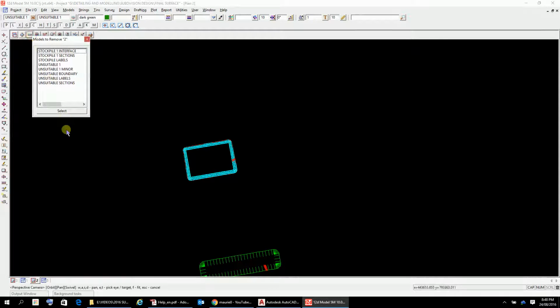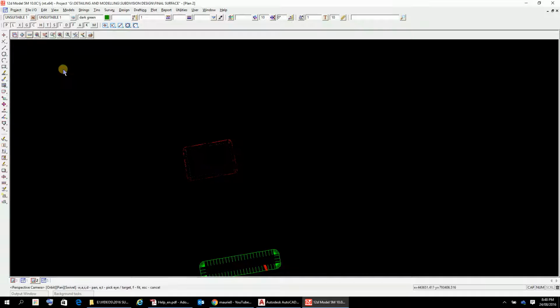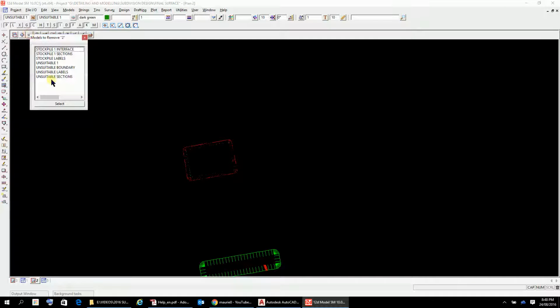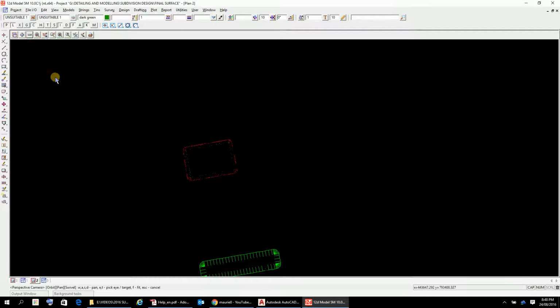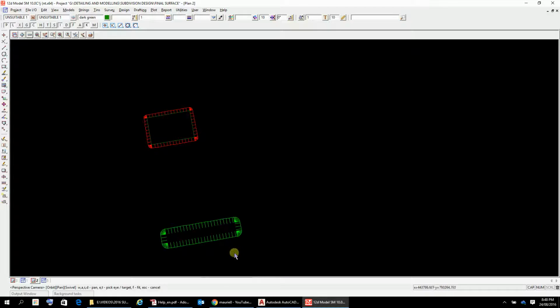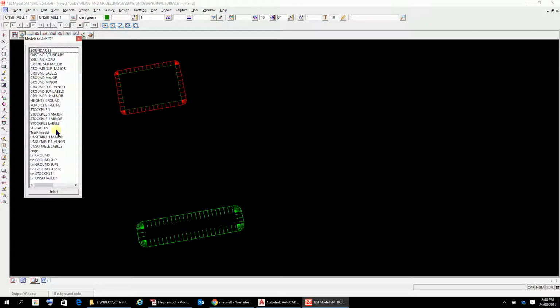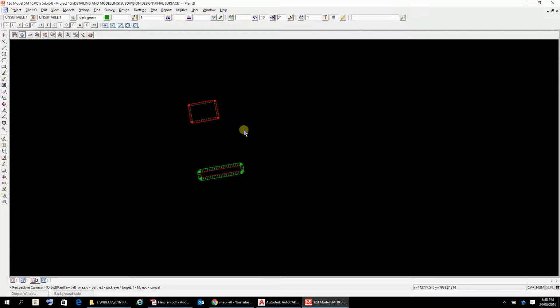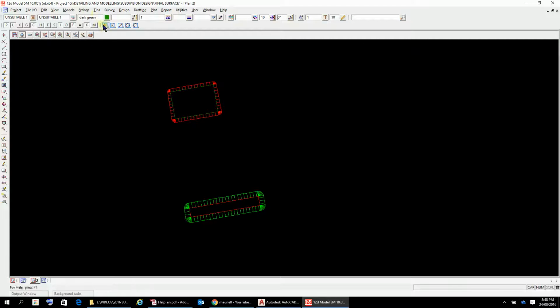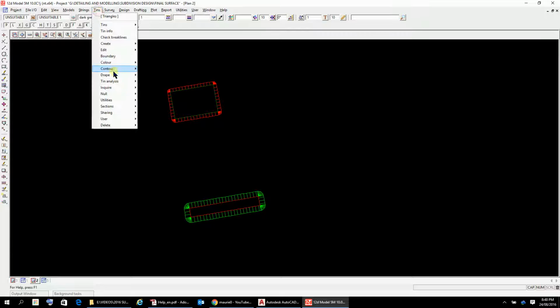Let's have a look here. Let's get rid of those. Labels, boundary, stockpile labels can probably come off. Unsuitable and unsuitable labels can come off. So what we've got missing there is a stockpile, something in the stockpile labels, stockpile 1, which I think is our boundary there. So yeah, so just going to tins, contour